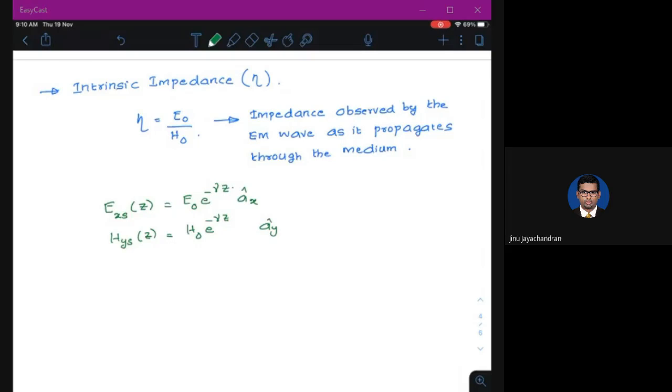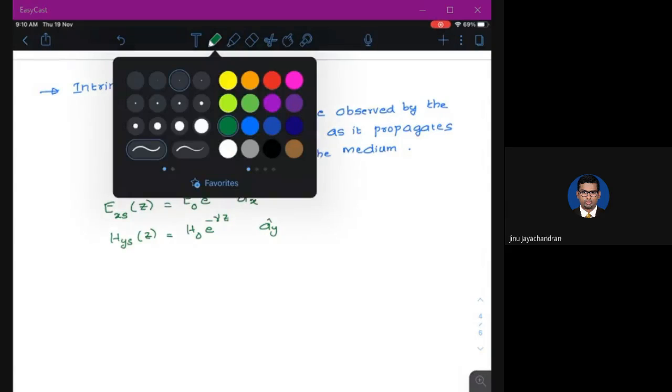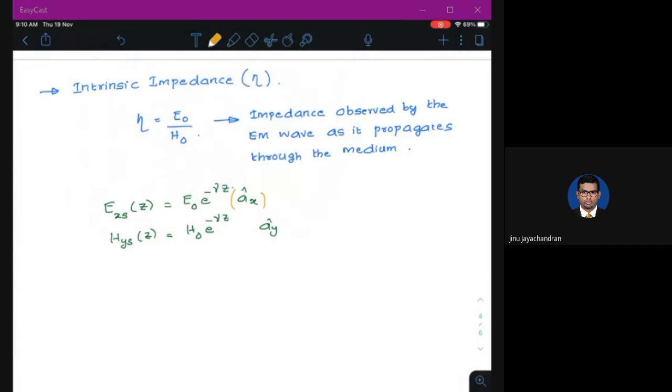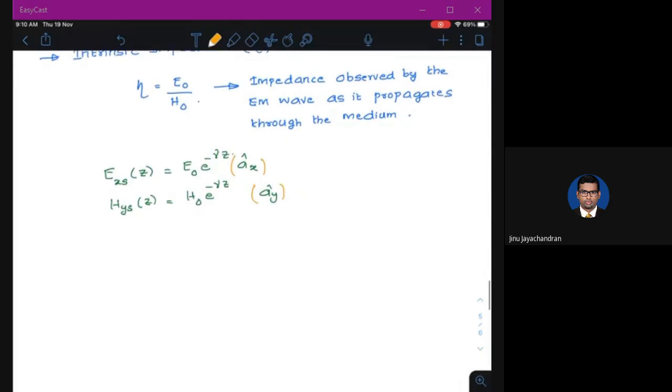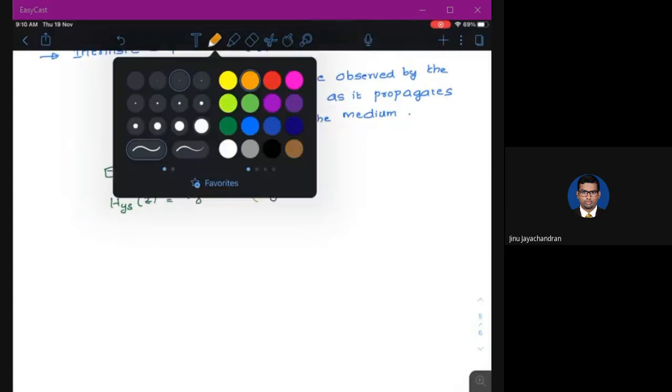Okay, so I'm just mentioning the direction. EXS of Z will not have the direction along with it. I'm just mentioning it here, that's all. Fine. Now, according to the Maxwell's equation,